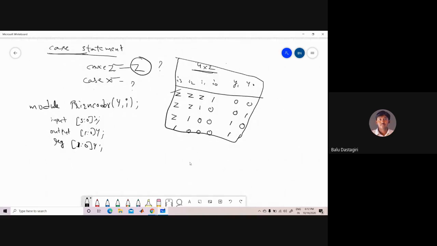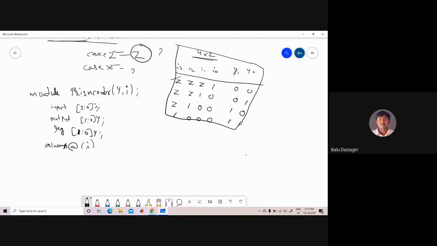Next, after that, I have to use the always statement, always @. My output will change whenever there is a change in the input. Therefore, always @(I). There are no other variables which can change the output Y. So after that, begin the always block. So case